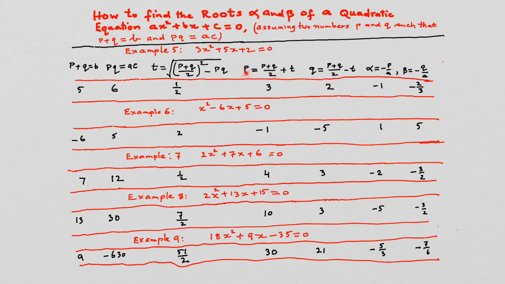Then we find p by this expression and the value obtained is 3. Q is found by this expression and the value obtained is 2. Alpha and beta, which are the roots of this equation, are found as minus 1 and minus 2 by 3. The same procedure is systematically followed for all the examples which are here,